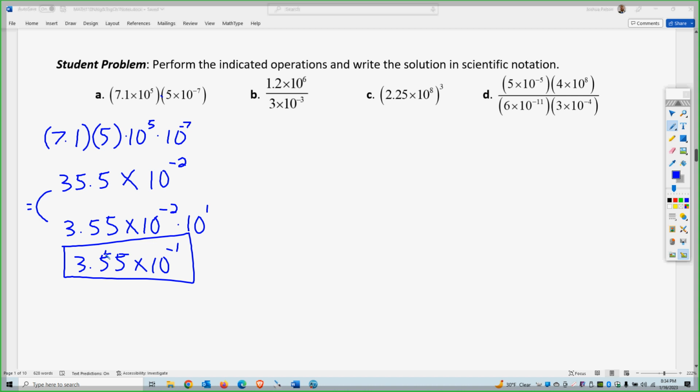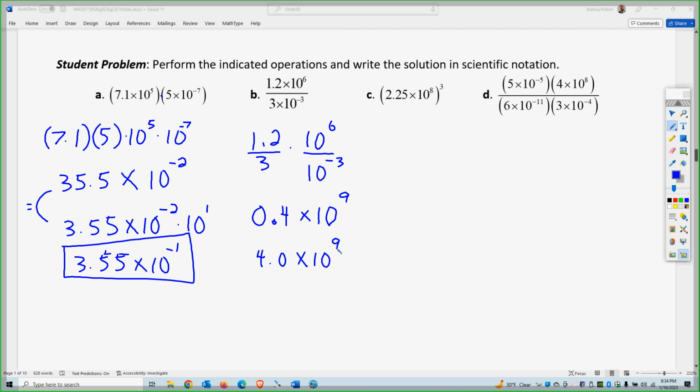Okay, next one. 1.2 divided by 3, and then 10 to the 6th divided by 10 to the negative 3. Okay, so you can think of 1.2 as 12. So it's really 12 divided by 3, or basically 0.4, right? That's the equivalent. And then 10 to the 6 minus 3 is 9 because it's the quotient rule, right? But again, that's not scientific notation, so 4.0 times 10 to the 9 would be scientific notation, but the problem